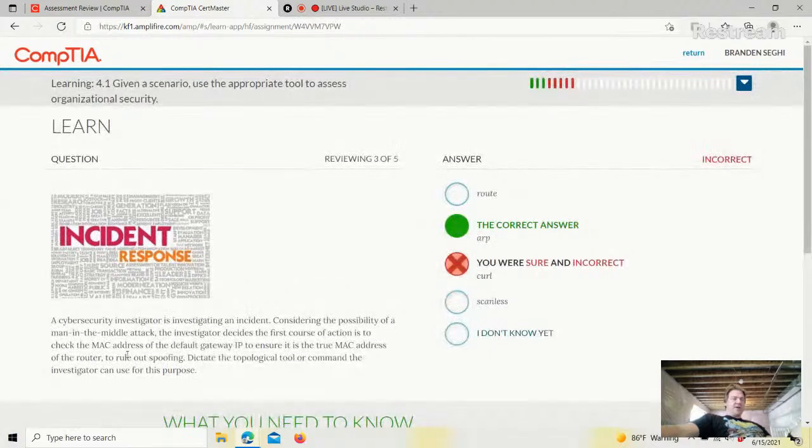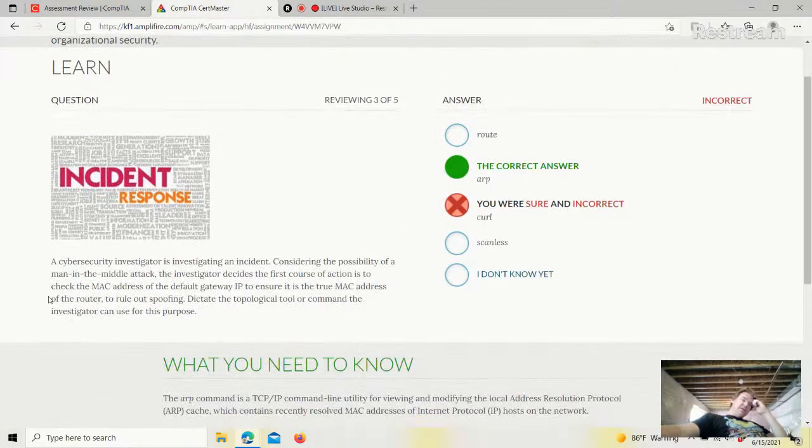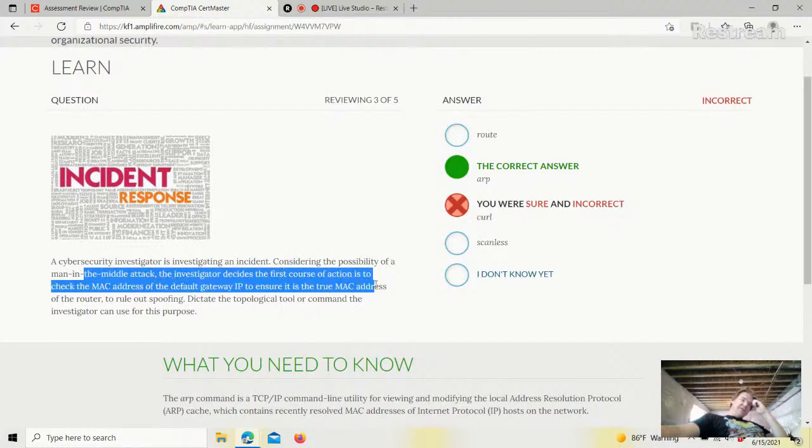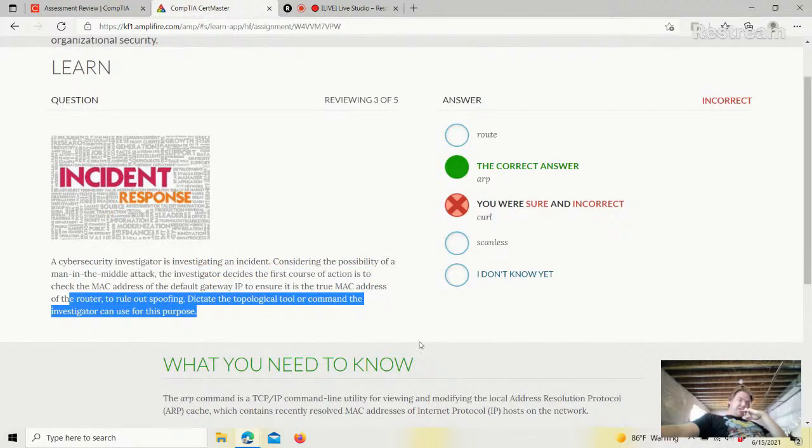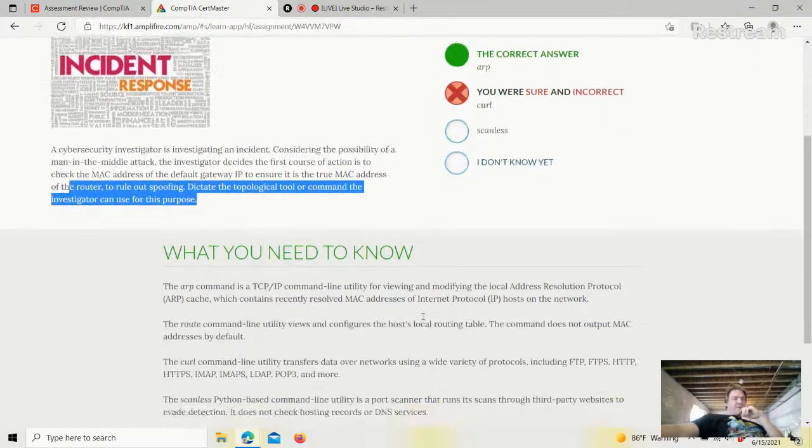It was ARP. Okay, a security investigator is investigating an incident considering the possibility of a man-in-the-middle attack. The investigator decides the first course of action is to check the MAC address of the default gateway Internet Protocol to ensure it is the true MAC address of the router. To rule out spoofing, dictate the topological tool or command the investigator can use for this purpose. ARP. The ARP